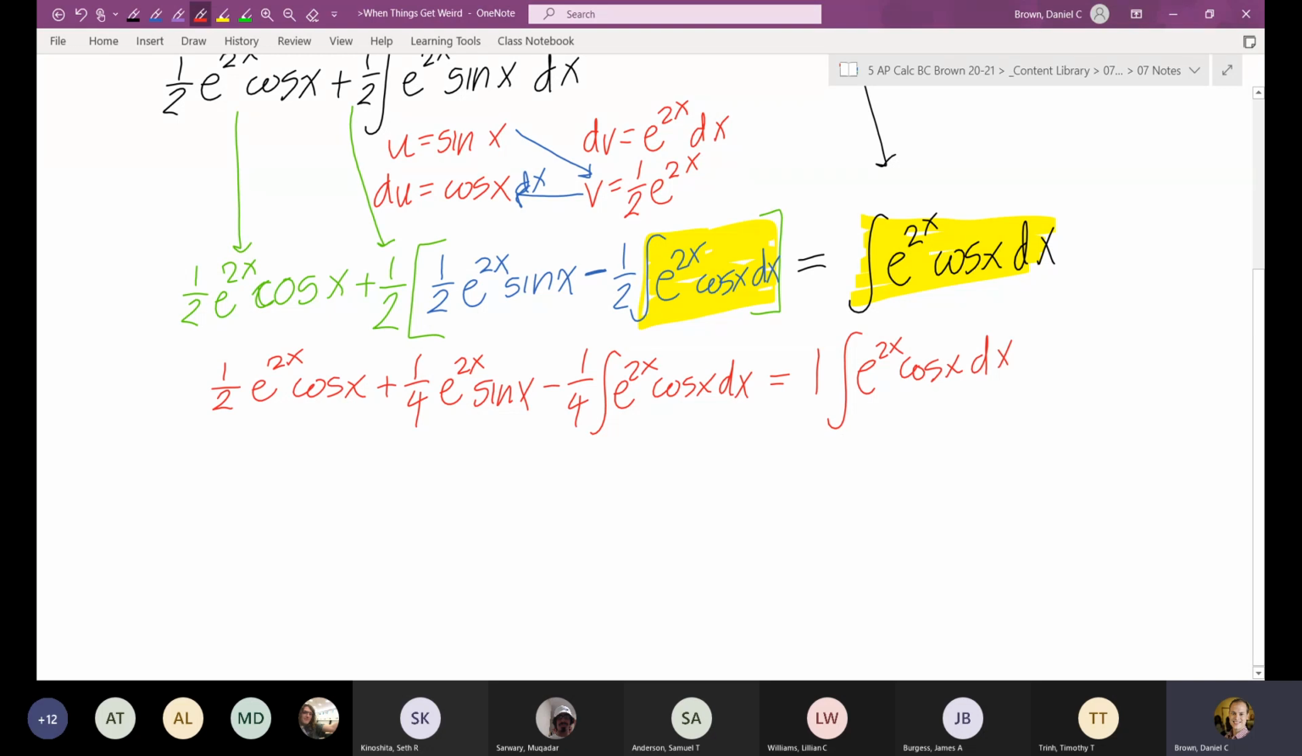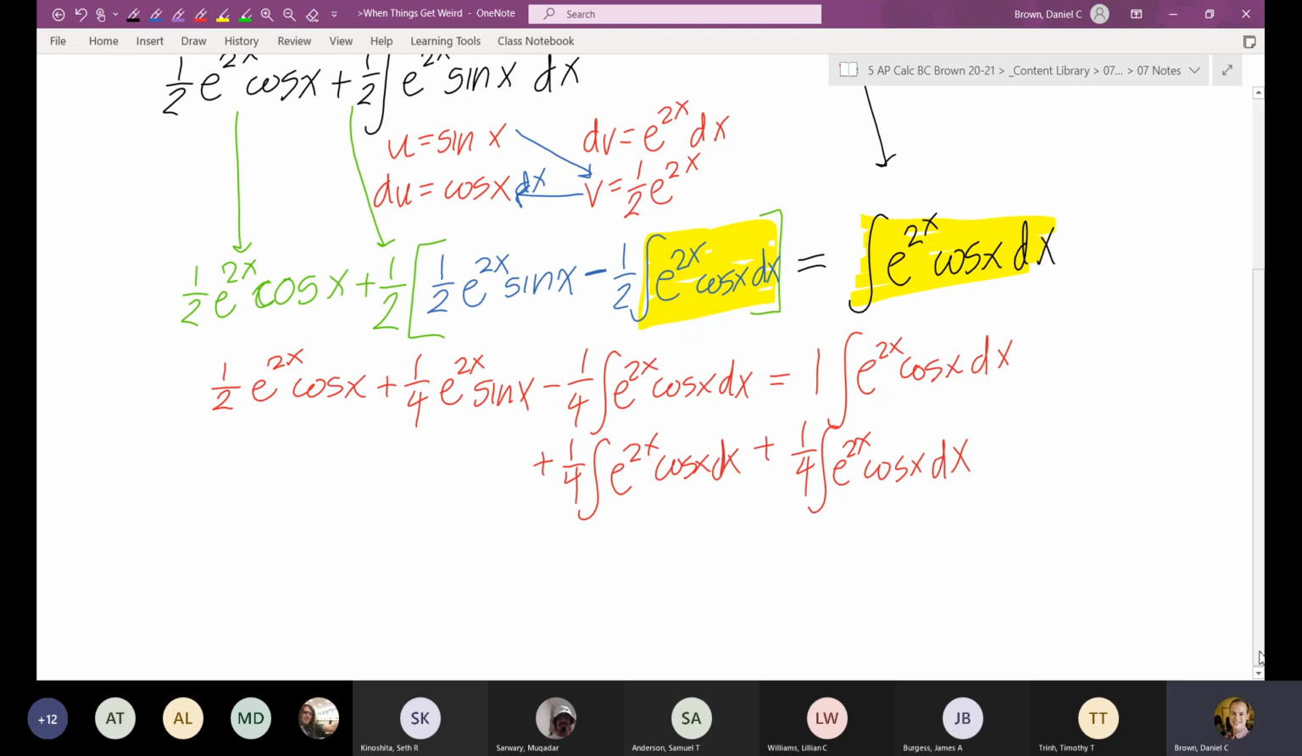So what do I need to do to both sides? I basically need to add 1/4 of that integral to both sides, and then solve for that integral. And why am I solving for that integral? I'm solving for this integral because that's the original thing that I was trying to solve for. So solving for it,